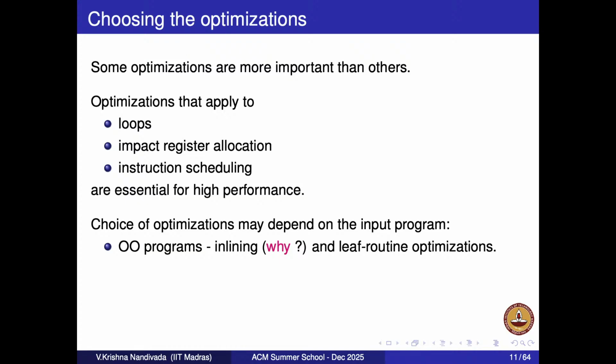Which address? No. Maybe let's say I have something like this, right? A equal to new, and I'm passing A here. So if I have an access A dot F here in Java, or in C++ or C, you have A arrow F, right? Here also you still have to do the same thing, A dot F or A arrow F. So that dereference will still be there. That's not reducing. So why is inlining more important for object-oriented languages?